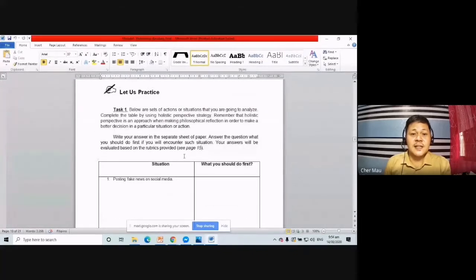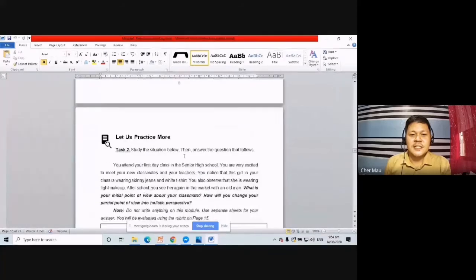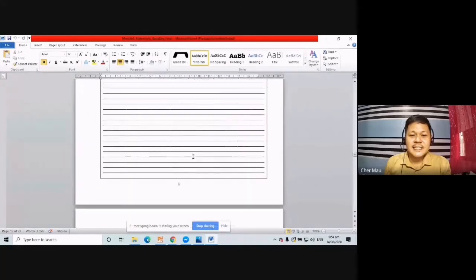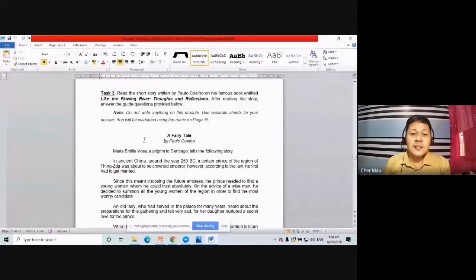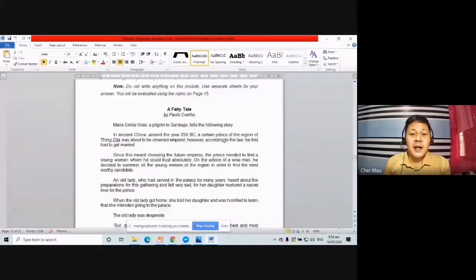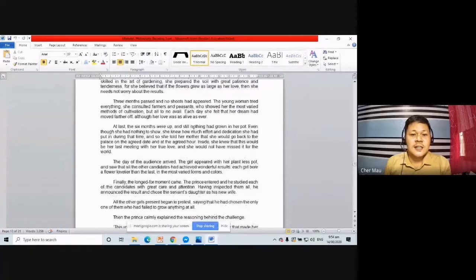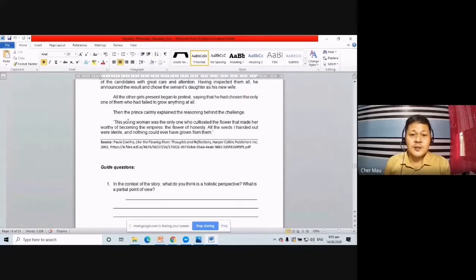So basically, this is the "Let us practice and practice more." And for practice more, I put a story from Paulo Coelho. And then you put the source. You can copy actually, and then you just put the source of that article or that content